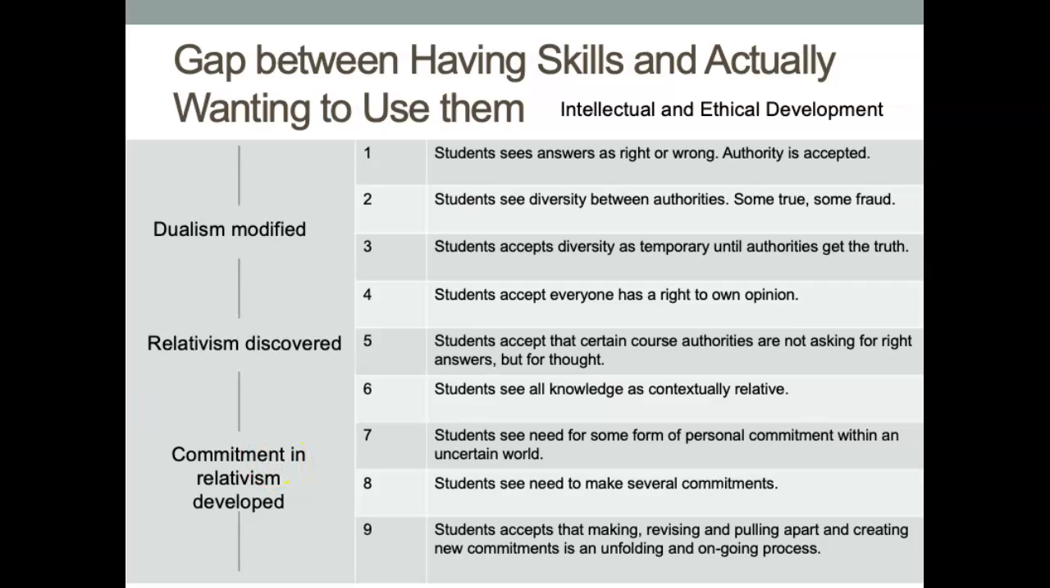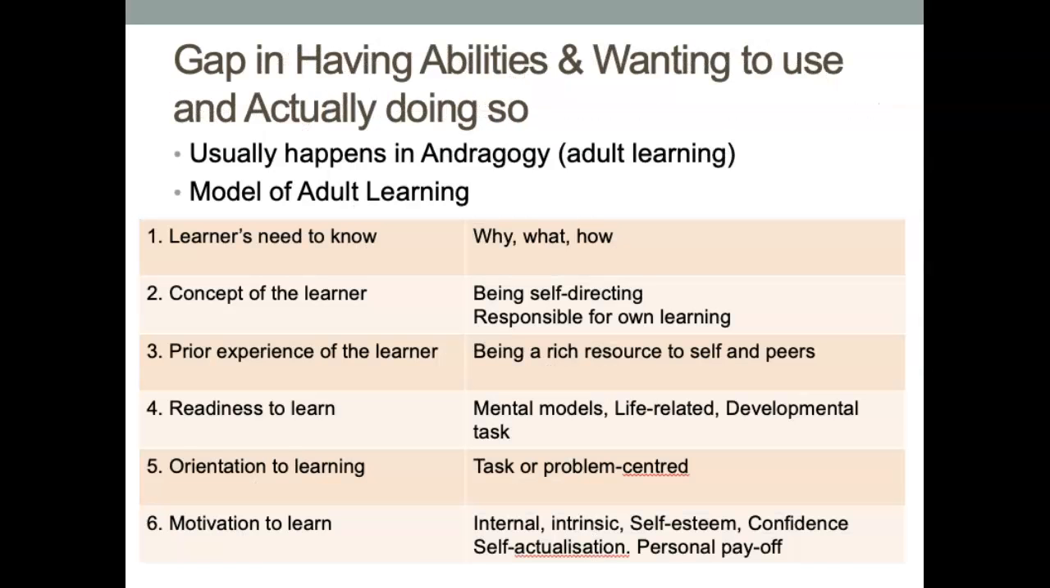So when commitment has appeared in the learning process, this is where you know that the students are actually investing their own values, and attitude towards something. In the gaps of having abilities and wanting to use and actually doing something, we try to move them in this range, where they start from just knowing what it is, how it's done, and maybe why, and we try to address the concept of the learner themselves, so they become a bit more responsive and responsible towards their own learning, and become a bit more self-managed in their learning process,